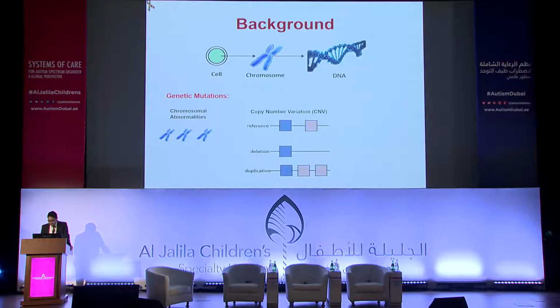Now, the other form of mutation is called single nucleotide variant. It's a point level mutation. You see a change at one base. And there's another level of mutation that happens like 5 or 6 base pairs long. Those we call small insertions and deletions. So these mutations can be classified in terms of their length.